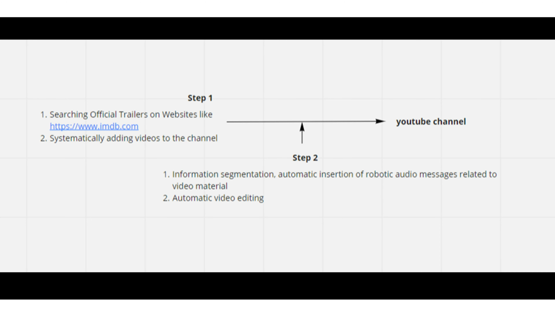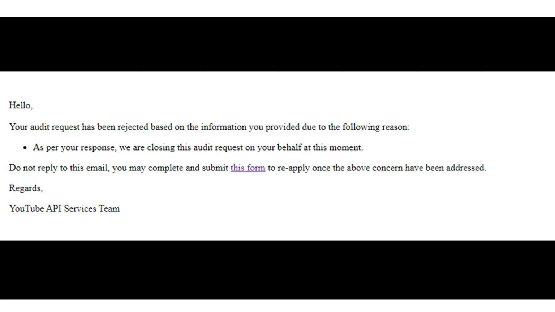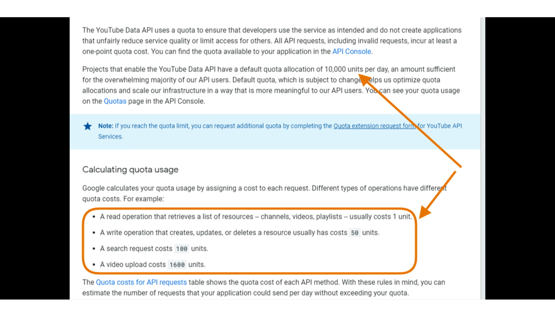The information that was provided as an answer did not suit them. And I gave up. Without a concept of how the YouTube channel will be used, you most likely will not be able to pass the audit. Also, at this point, during the experiments, an essential point was discovered that may be useful to you.